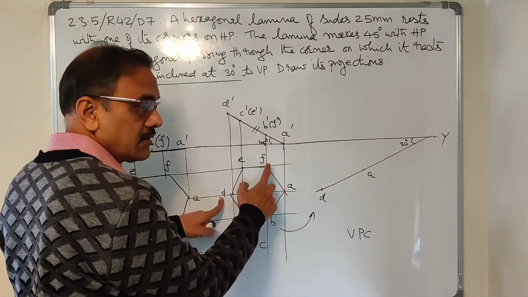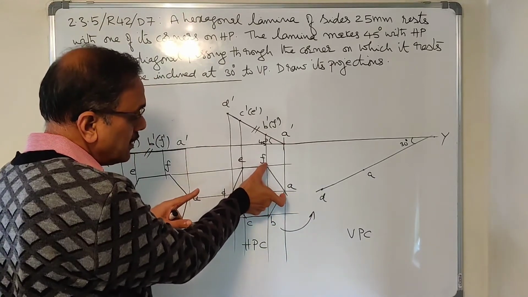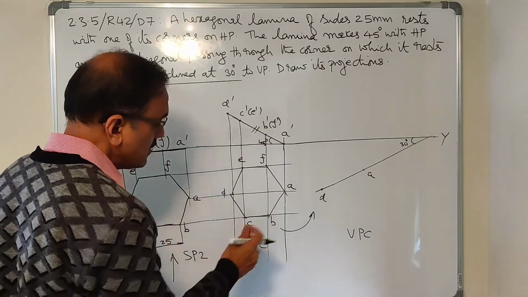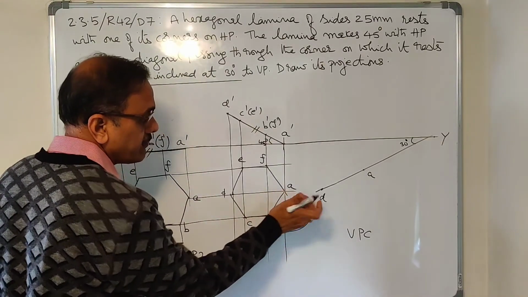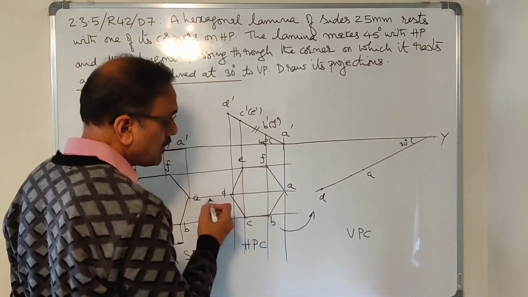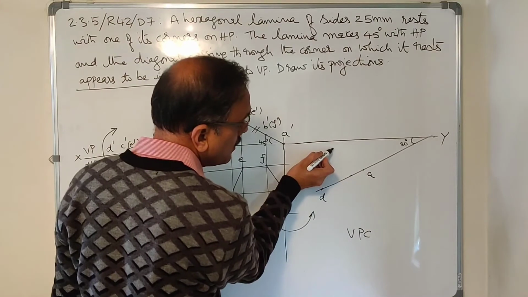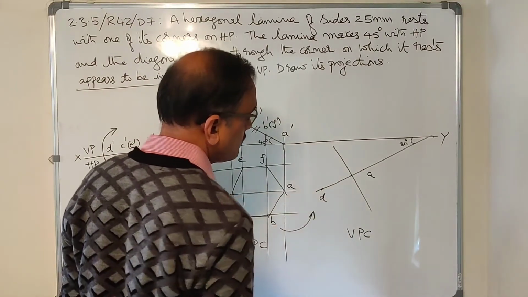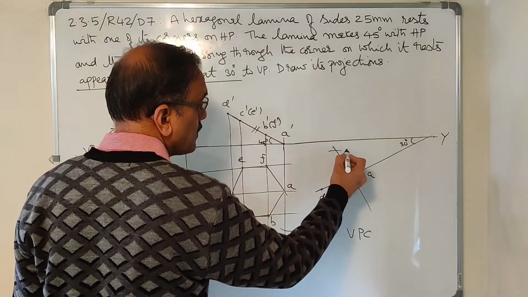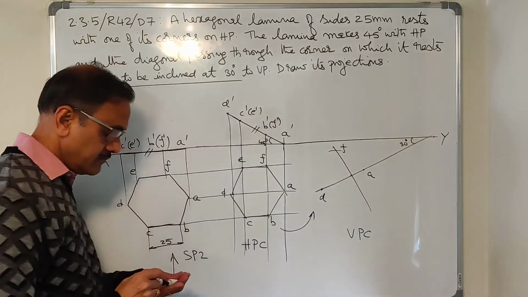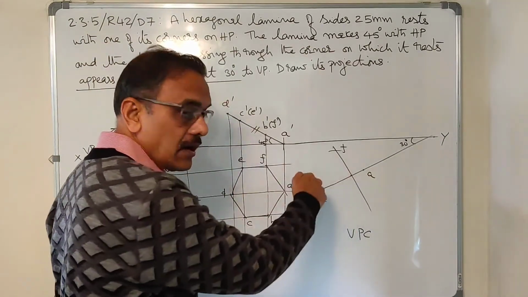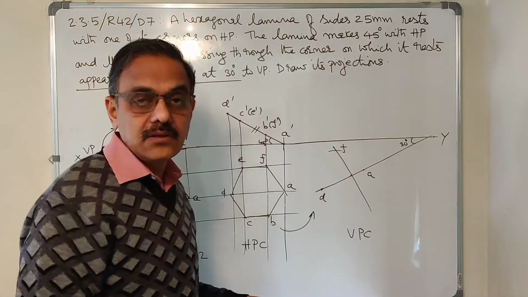You have 2 points with you, A and D. If you want to get F, just use your compass. Use the radii AF and DF. Get the point F. The other way of doing it is, take this length, draw this line. This line is perpendicular to AD. Now I take AF as radius, A as center, I cut it. Get F. So either you can draw a line and then one arc, or you can draw 2 arcs and get F.